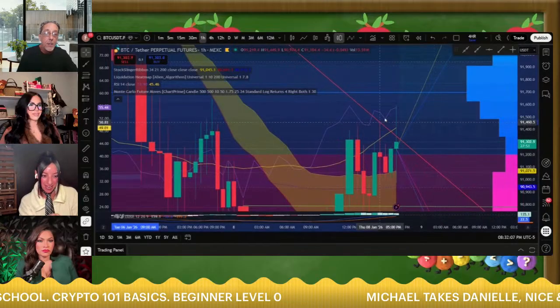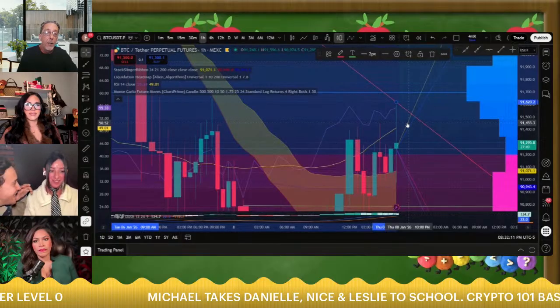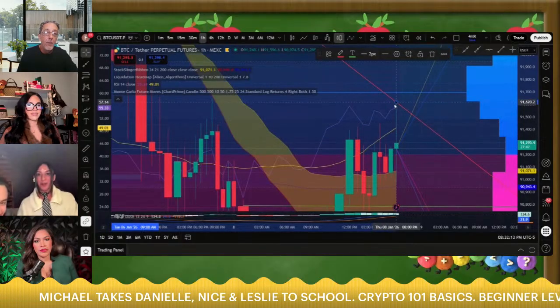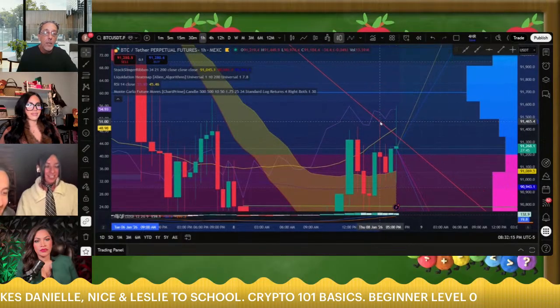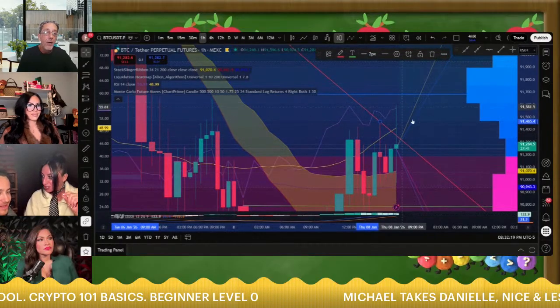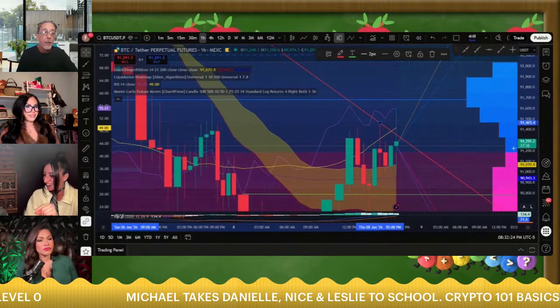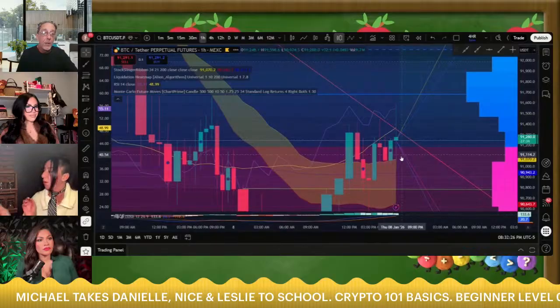So in 28 more minutes, ladies, we're going to have to take this and move it up here. And then we'll have another candle start. I don't ever like moving the trend lines until the candle is complete. Even though it's already above it, we know we're going to have to move it, but I don't do it until it's actually complete. This thing could still come all the way back down.